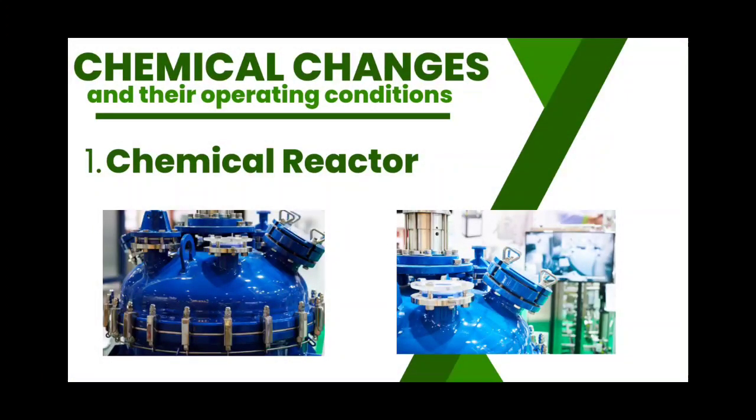As for chemical changes and their operating conditions, we have the chemical reactor. Chemical reactors are vessels where chemical reactions take place. They are used in various industries to produce a wide range of products. In petrochemicals, reactors crack hydrocarbons to produce fuels for vehicles. In the production of fertilizers, ammonia is synthesized in reactors where nitrogen and hydrogen combine under precise conditions to ensure a